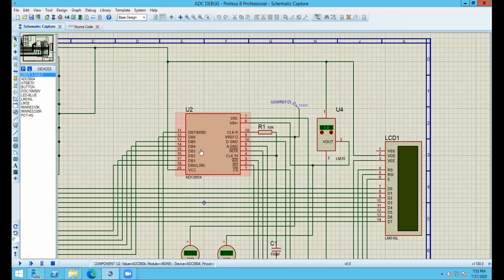And we have put a 10K resistor there. Also we have to bias pin 4, that is the clock in pin, with a 150 picofarad capacitor to the ground. This is required to reject the unnecessary ripples of the clock. This capacitor will work as a ripple filter, and it will pull down all the unnecessary AC ripples that can affect the internal clock calculation of this IC. Are you clear?